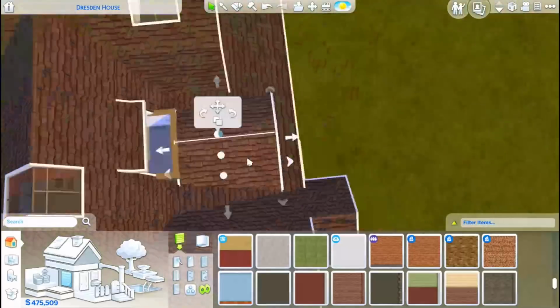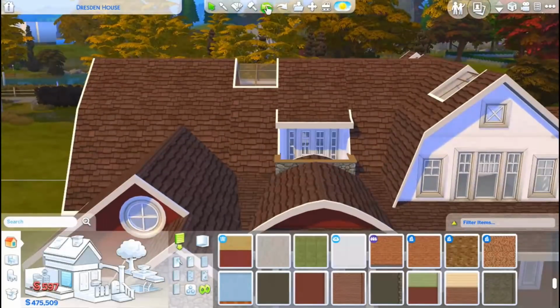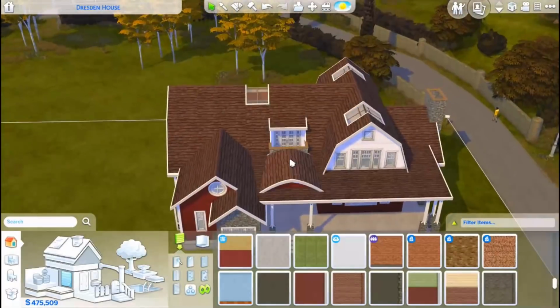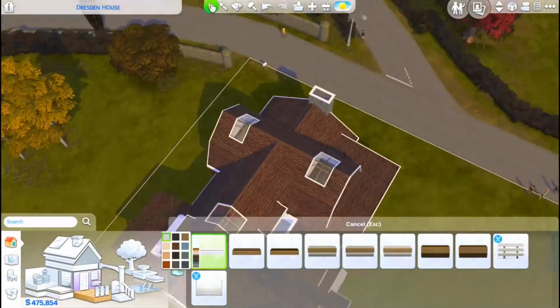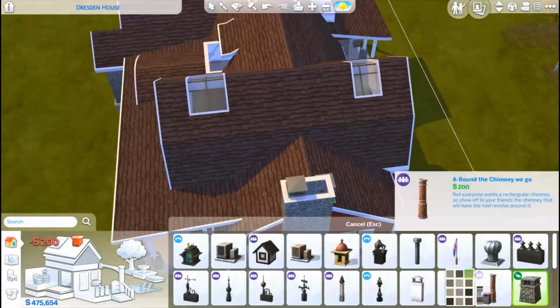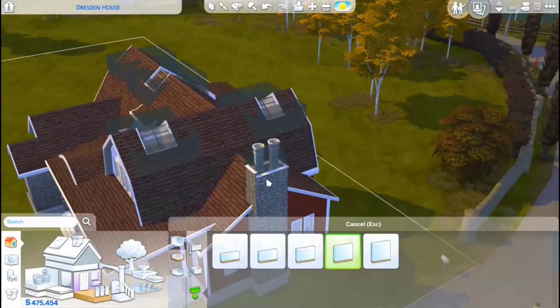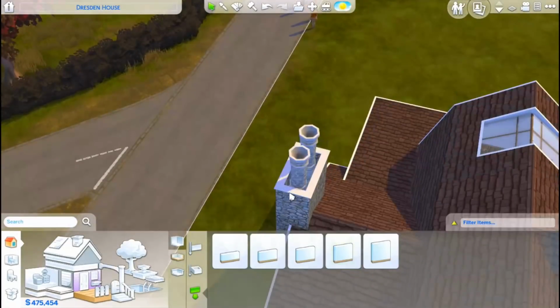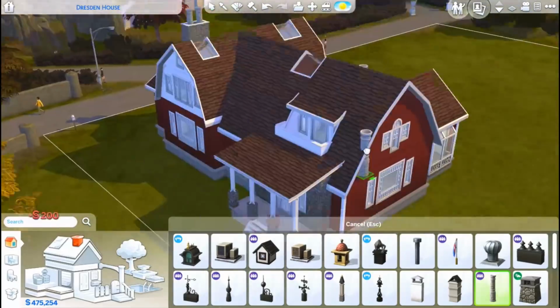And yeah, I think this is actually the first time that I've used a red roof on one of my builds. I don't think I do that very often. And I also used this bright red siding for the house, combined with just some plain white paint. And we have a barn that's really bright red,